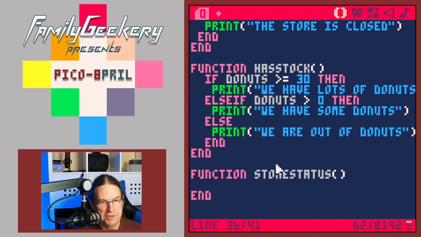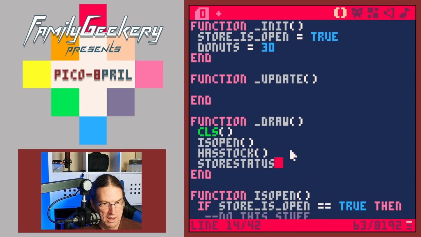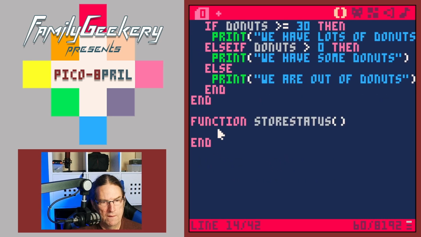So we're going to now check two different conditions. We want to make sure that the store is open and there are donuts to sell. So let's look at this one. And before we do that, let's go ahead and take this function and call it here. And I'm going to go ahead and comment out these other two, since this one is going to kind of summarize everything for us. So in this one, we want to check two things. We want to check if store is open,